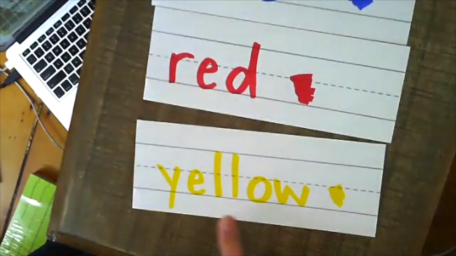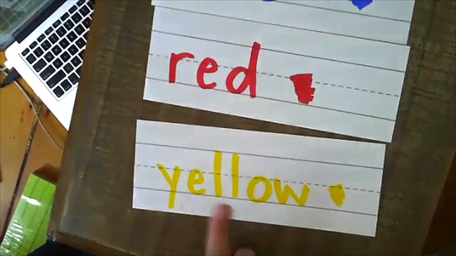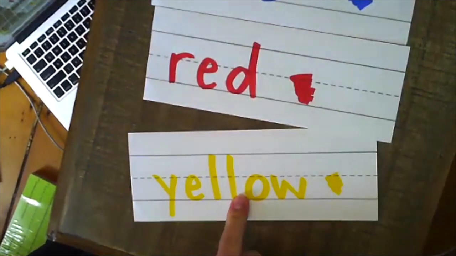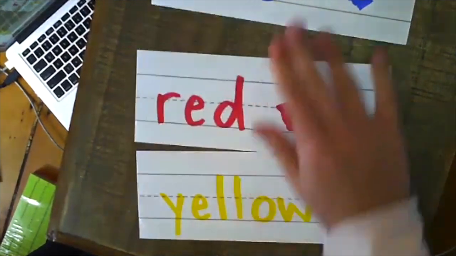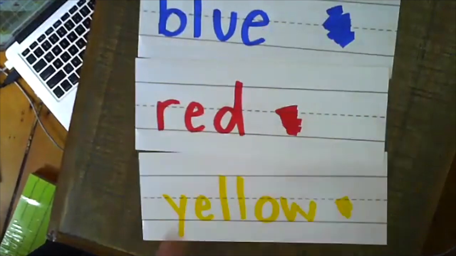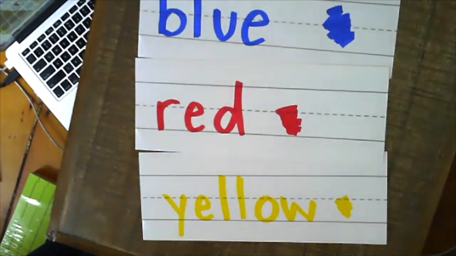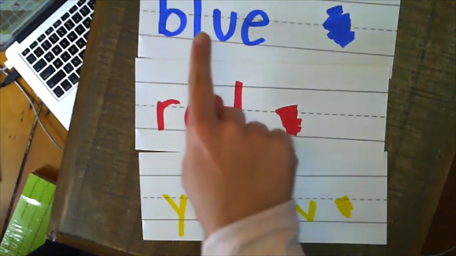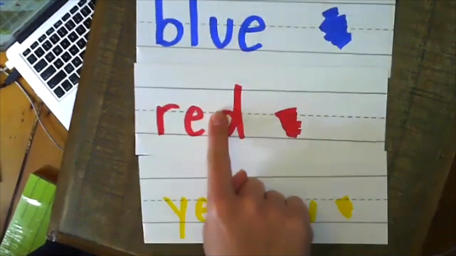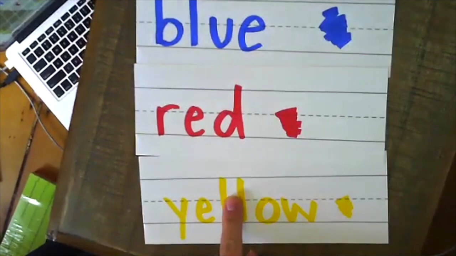Yellow is a long kryptonite word. Listen, yellow. But I only have 3 colors here. I only have 3 words, blue, red, and yellow. That means I only have 3 taps to give. Watch me one more time. Notice how I hold my finger down when I read yellow. Blue, red, yellow.